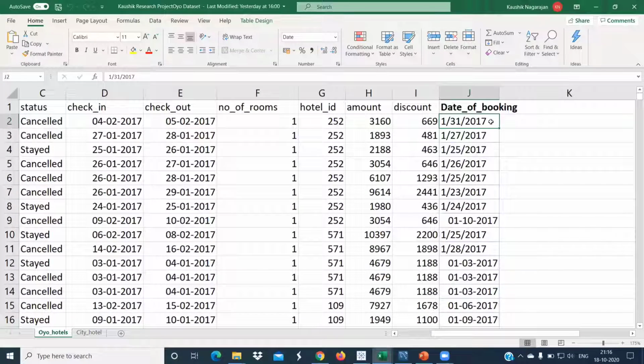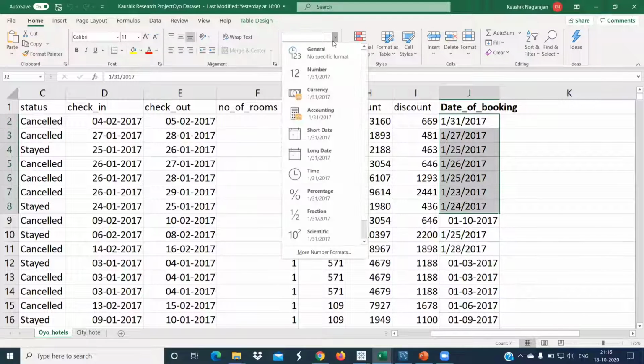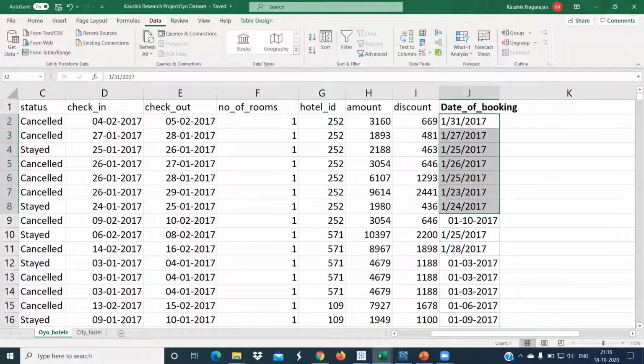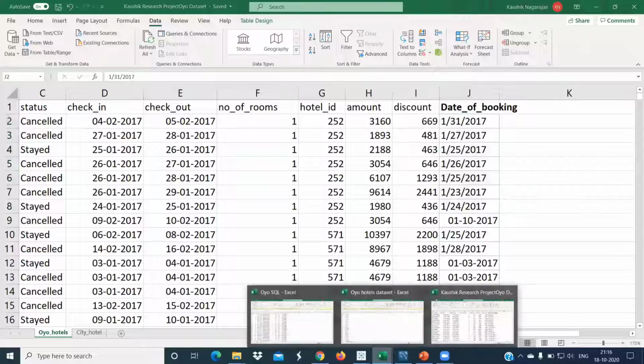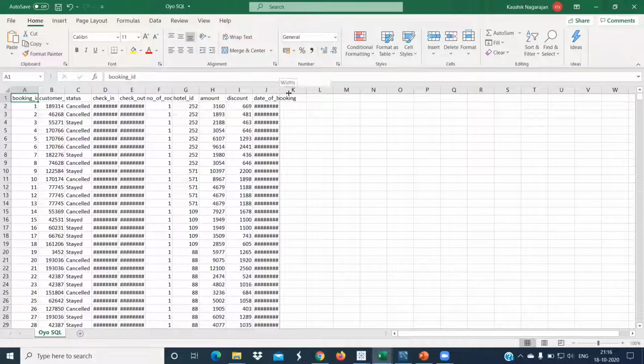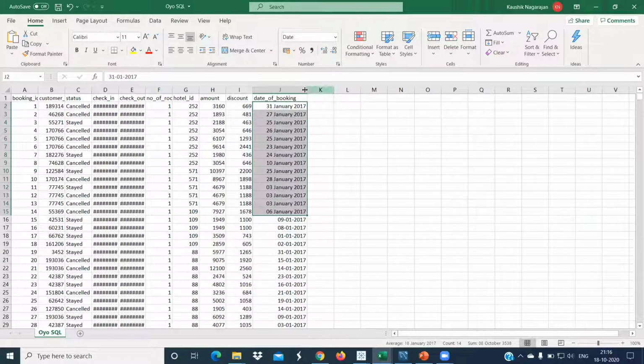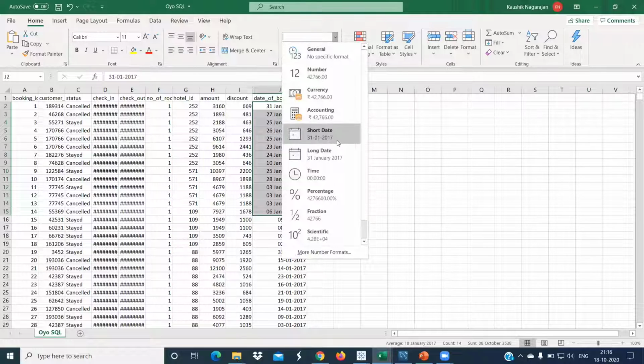We can observe that the date of booking is not given correctly. Even if I click on the dates and try to change the date format, the date is not getting changed, which means the data given here is not clean. So the data should be cleaned first. The data was cleaned using Power Query. The Power Query facility is available only in Microsoft 365. Using Power Query, the data was cleaned, and after cleaning, here is how the data looked. We can see this is in a proper format as the data changes correctly according to the format we set.